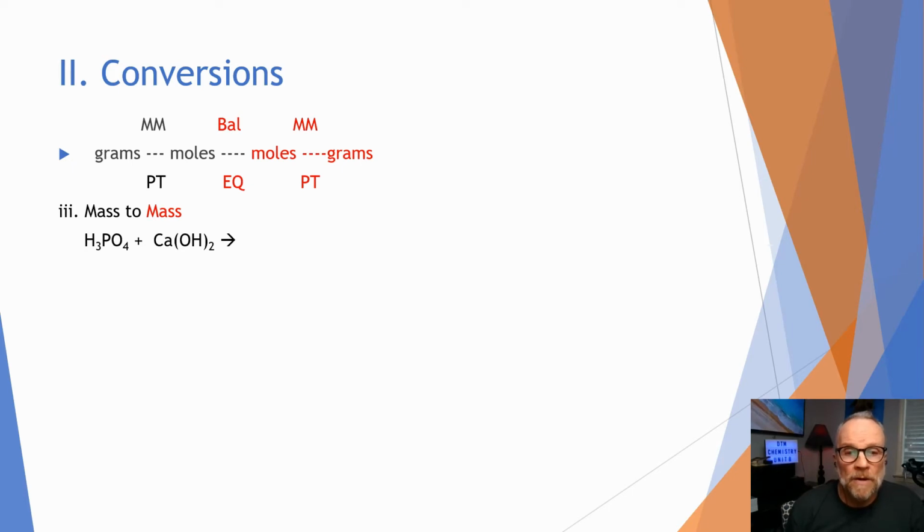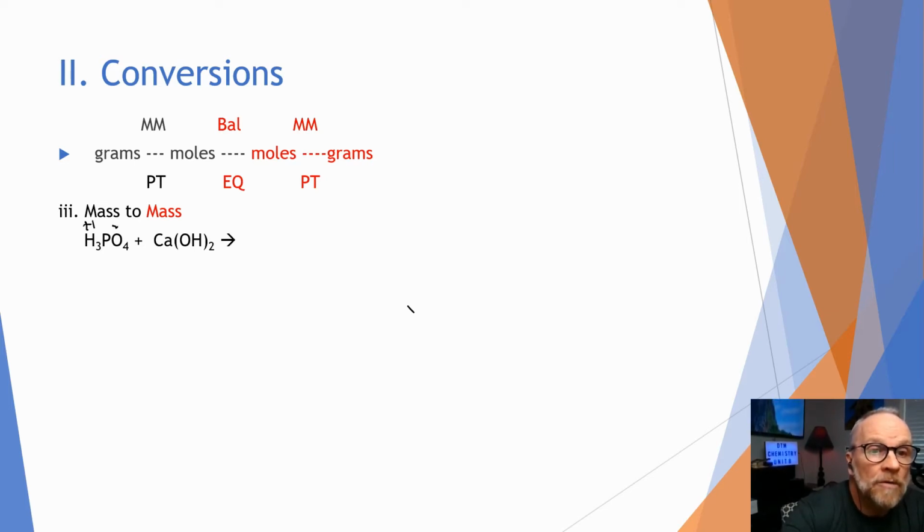And in this one, we will be going from grams to moles, moles to moles, and moles back to grams. And of course, that will be a three-step conversion type of problem. Okay, so first we have to have a balanced equation, and in this equation we have potassium, which is +1,